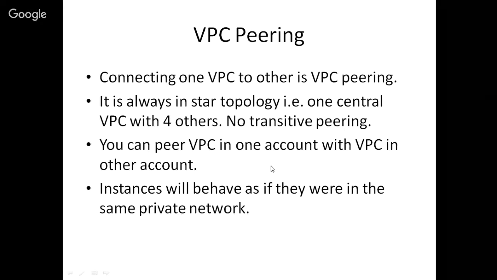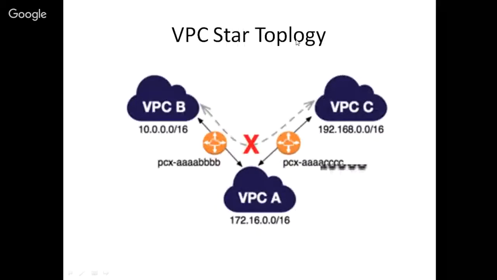Okay, all the instances will be able to communicate to each other. IP range will be different. One may be in the range 172 and second may be in the range 10 dot series. So they will be able to communicate to each other. This is star topology. As I said earlier, like if you have three VPC, VPC A, VPC B, VPC C,